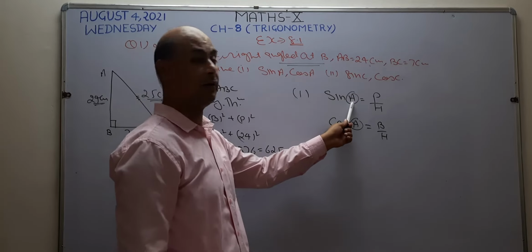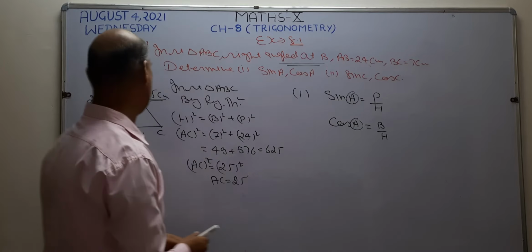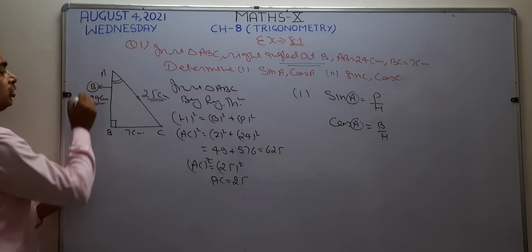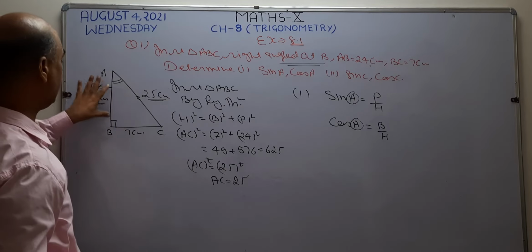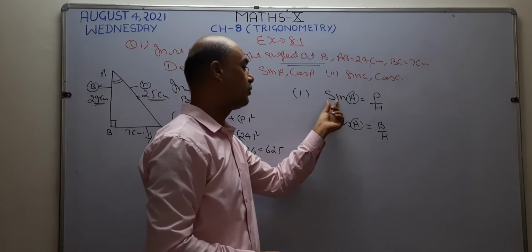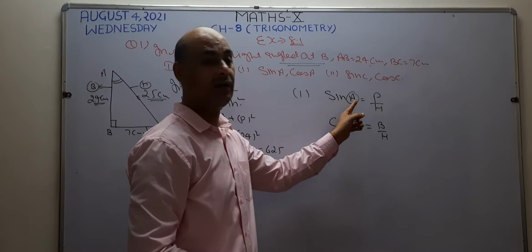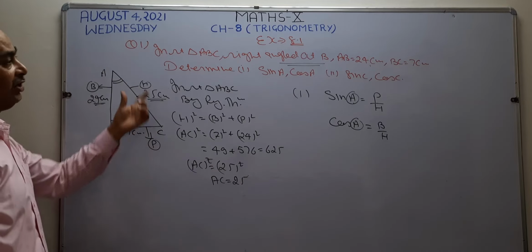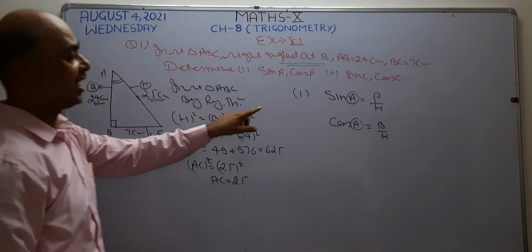Here angle A is given. It means I want to take this angle A as its base. For this question I want to take base of this triangle AB. So if this is base and this is your hypotenuse, this is fixed, so this automatically becomes perpendicular. Now in this question I want to find the value of sin A. This angle is going to decide which side I want to take. It is not fixed. In trigonometry, this angle is going to decide which side I am going to take as base. This base and perpendicular is going to change according to angle.